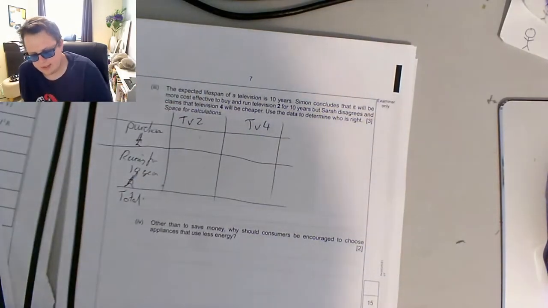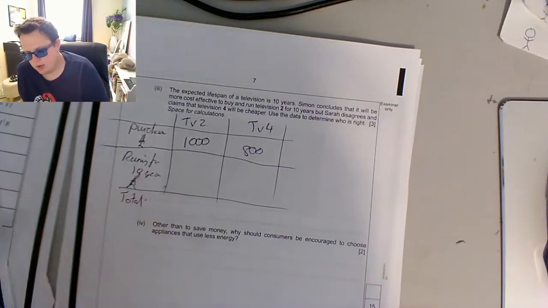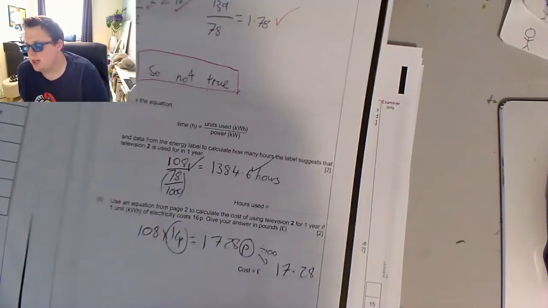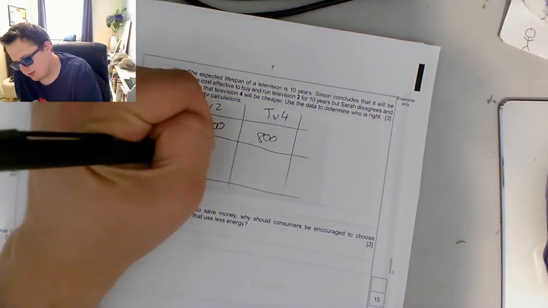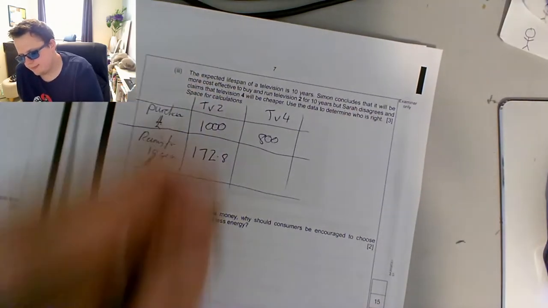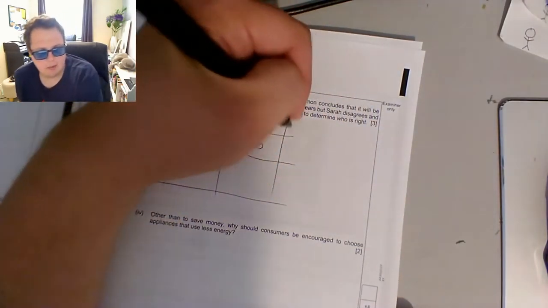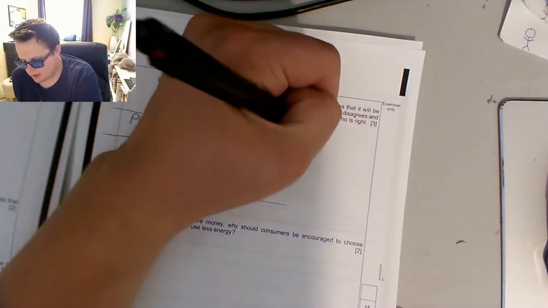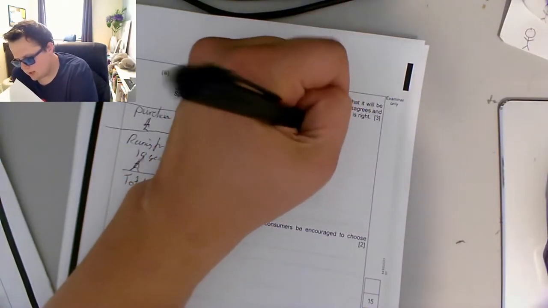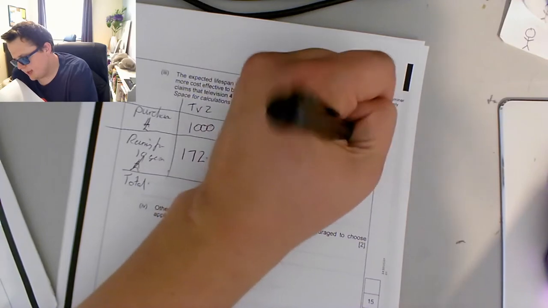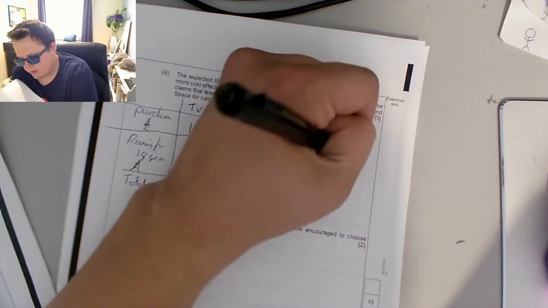So our purchase price for TV2 is £1,000. For TV4 is 800. Now the cost of running for 10 years, well, we said for 1 year for TV2 it's £17.28. So for 10 years it's going to be £172.80. For TV4, if we look back in our information, uses 172 units a year at 16 pence times 10 years. So our TV4 is going to be £275.20